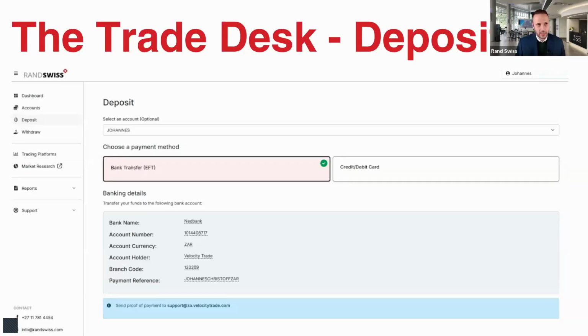Now, the rules around an EFT with us is that you do need to send us a proof of payment. So when you EFT, send a proof of payment to support@za.velocitytrade.com, but please CC support@randswiss.com as well, so that we've also got a track and we will chase them. Sometimes it doesn't get allocated if you send it straight to the platform. If you reference your account correctly, and it's going to give you the correct reference on the account,